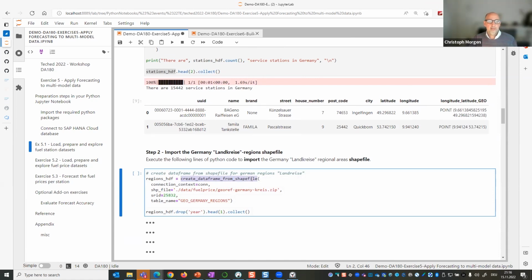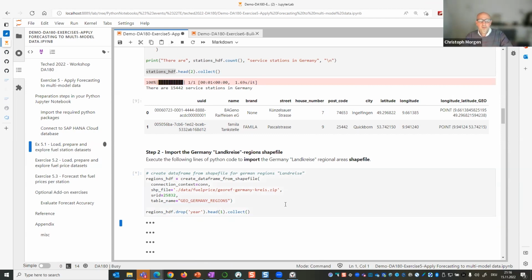So we're directly referring to the shapefile, in this case a zip of the different spatial formats that is automatically picked, and we're creating a HANA database table, geo Germany regions,